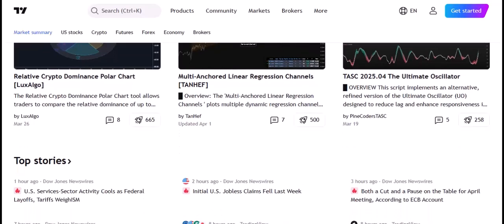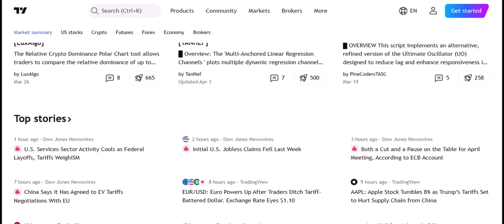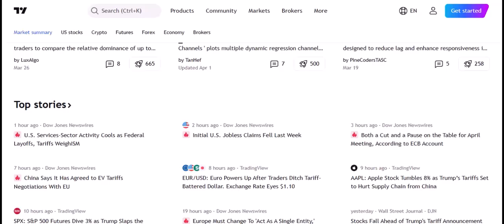So, to answer the initial question directly, Tradingview itself doesn't have a minimum deposit. The minimum deposit will depend entirely on the broker you choose to connect to Tradingview for live trading. Do your research, find a broker that aligns with your trading goals and capital, and then enjoy the powerful analytical